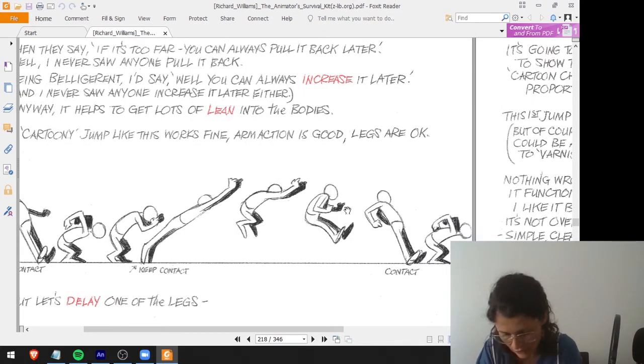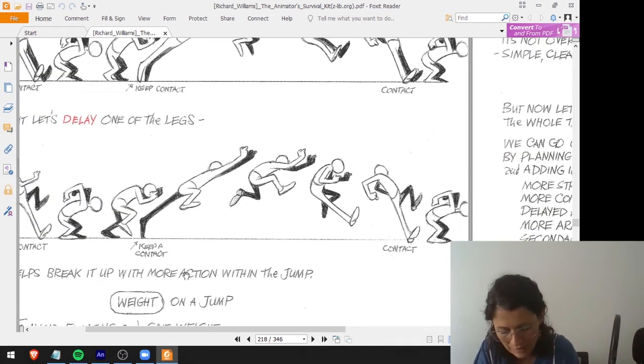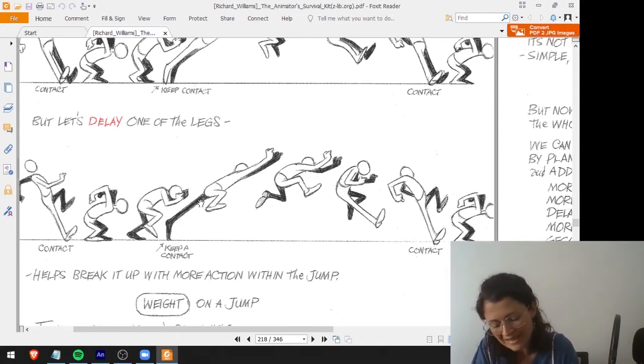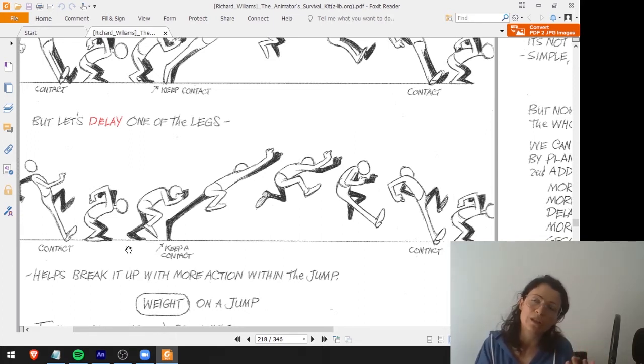And now let me just call your attention to the legs. So the legs are always doing the same movement. Okay, this works, and you can do it like that. But when you delay one of the legs, the jump will feel much more natural. Because when you jump, you have this tendency to make slightly different movements from one leg to the other. So the key here is to choose one of the legs that will always be delayed. Or you can think in the other way, like one of the legs is always further.